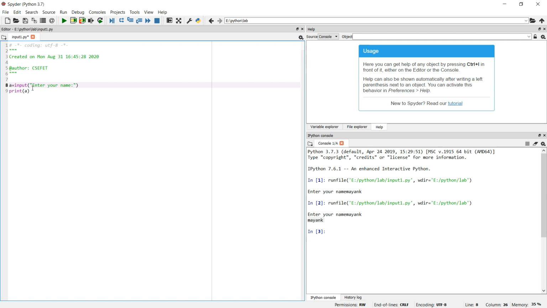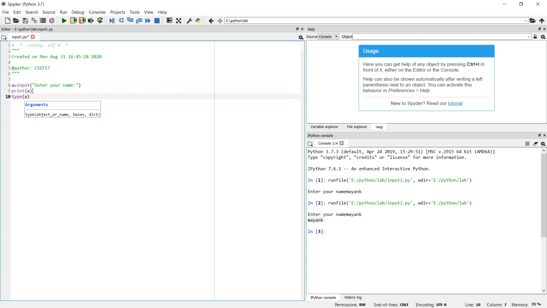Now by default, whenever we enter something by input function, it becomes a string. If we check the type of a, it will be a string. Even when I run this program and I enter an integer number, the type will be a string.